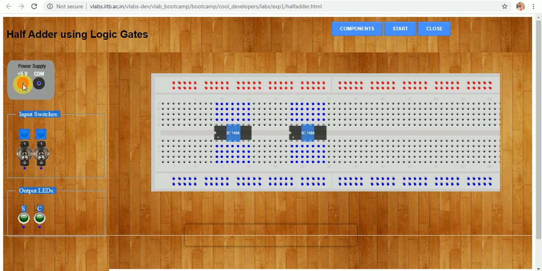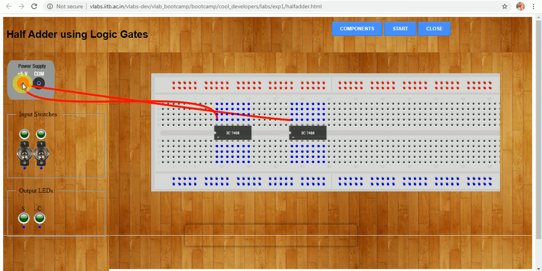Pin number 14 of 7408 is connected to the plus 5 volt. Similarly, pin number 14 of 7486 is connected to the plus 5 volt. Then next, pin number 7 of both ICs will get connected to the COM port.